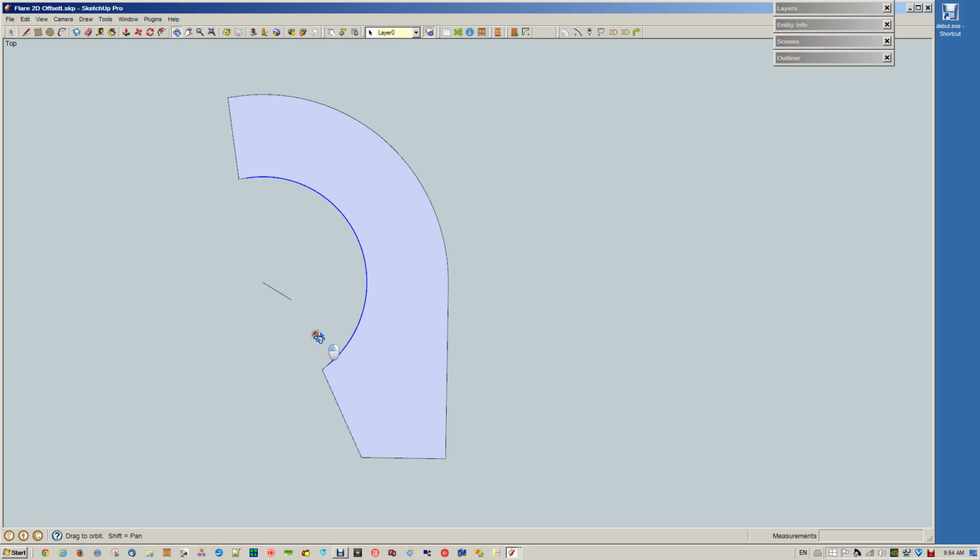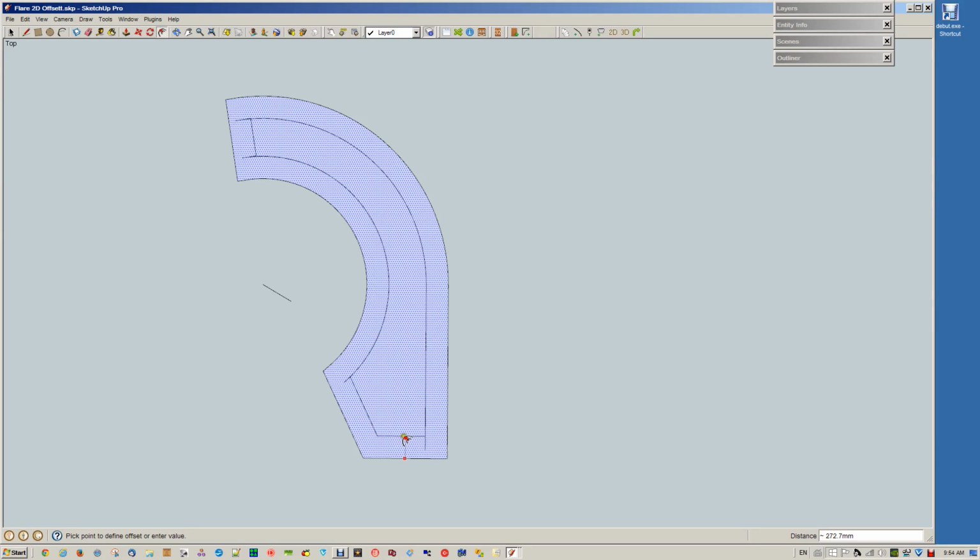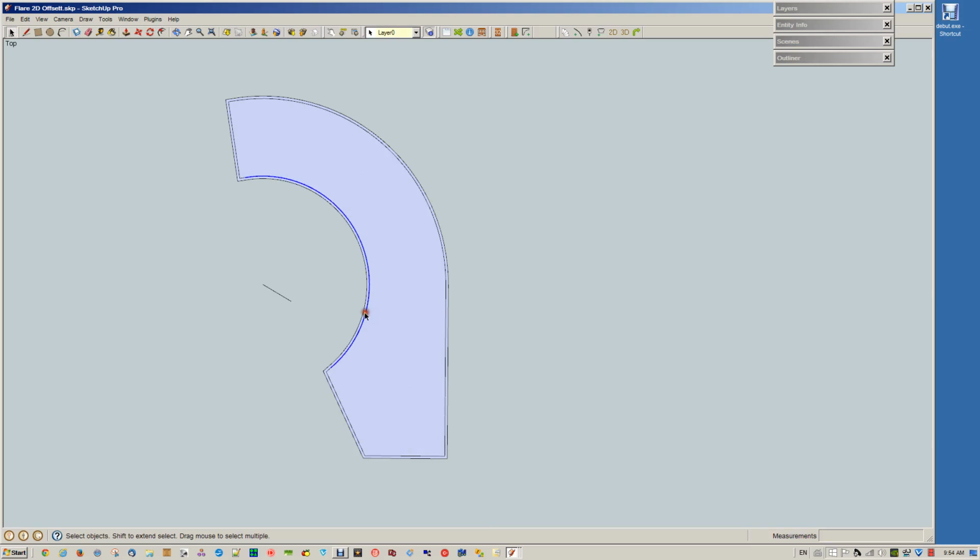Now, what is neat is that if you start off offsetting from this edge, then it will be fairly darn accurate. So we want to go to the center of the stringer. So I can type in. Now you see the way the edges at the ends kind of mess up. That's why we added that extra amount of material to eliminate that. Now I can type in my 30 millimeters, and there we have it. That is the inside